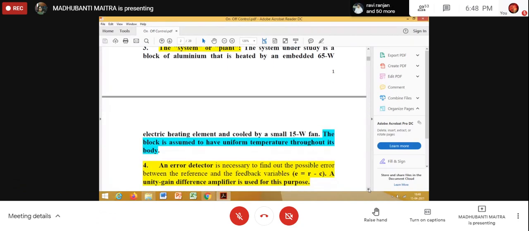Suppose we want to maintain the temperature of a particular room at 25 degrees centigrade, then if due to some reason the room gets heated, it might so happen that the temperature will increase up to say 30 degrees centigrade, then the controller will be able to bring down the temperature sharp at 25 degrees centigrade. And it might so happen that due to some cooling action the temperature of the room decreases, say to around 20 degrees centigrade, then the controller should be able to increase the temperature.